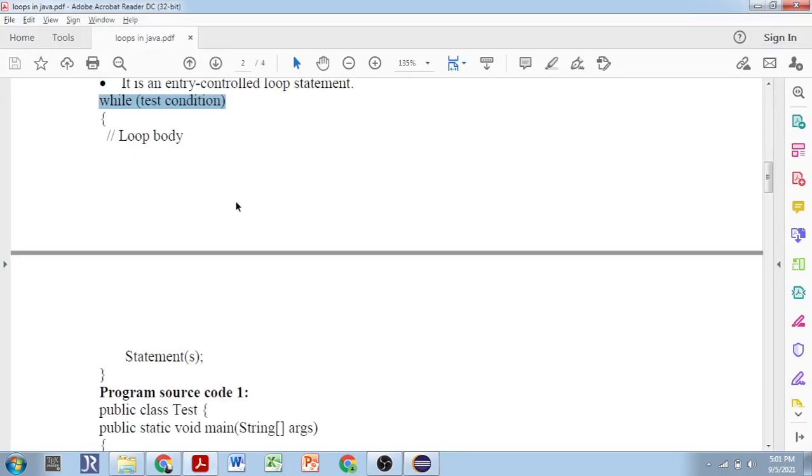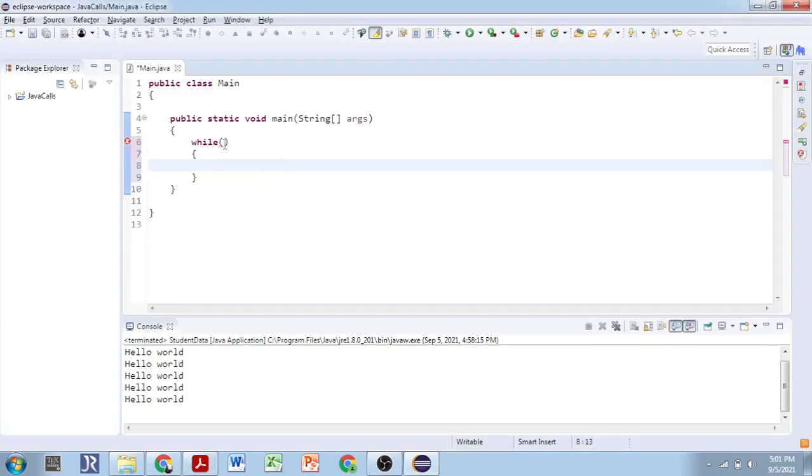and provide this curly bracket. Open the bracket and provide this curly bracket. Whatever we write inside will be the statements that are executed if this test condition is satisfied. We'll write down some test condition. So for the test condition, give some variable over here. A is equals to